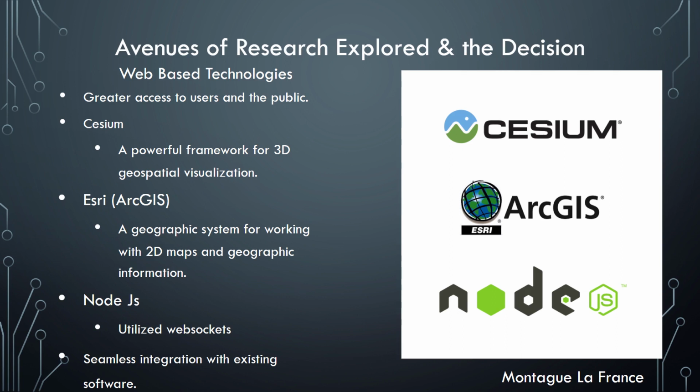This ensures seamless integration with the existing frameworks and systems with little to no conflicts. Other tools that we would be able to utilize are CesiumJS, a powerful framework for 3D geospatial visualizations, and ArcGIS Esri, a geographic system for working with maps and geographic information. This will then enable us to manipulate and utilize various tools, for example, polyline and entity markups on 3D and